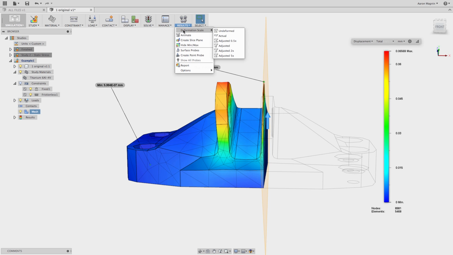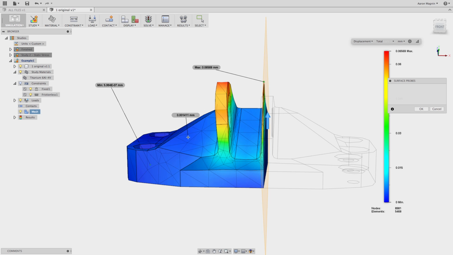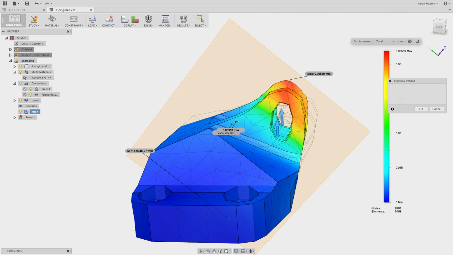And then we'll continue on and say there's other ways of interacting with this. We can create things like surface probes and point probes. So a surface probe, you can place these all along the surfaces of this model. So if I want to see how the displacement changes along the edge of this, I can just drop as many of these as I want. And once they've been placed,